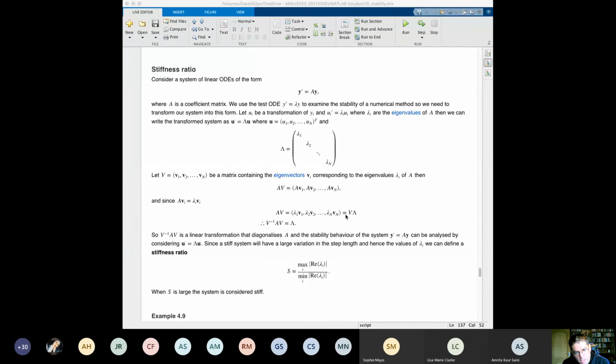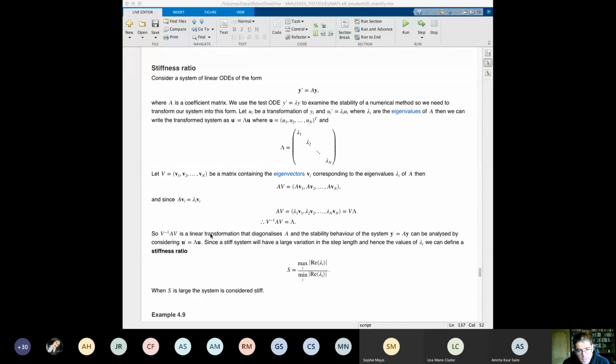Okay, if I inverse V and pre-multiply both sides, we see that V inverse times A times V is equal to diagonal matrix lambda. Now, back in the first year, you looked at linear transformations, and you proved that an inverse matrix times A times the matrix V again was a linear transformation. So we proved that we can have a linear transformation from our test ODE to